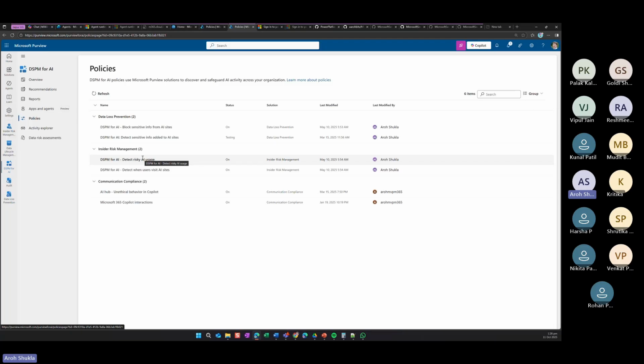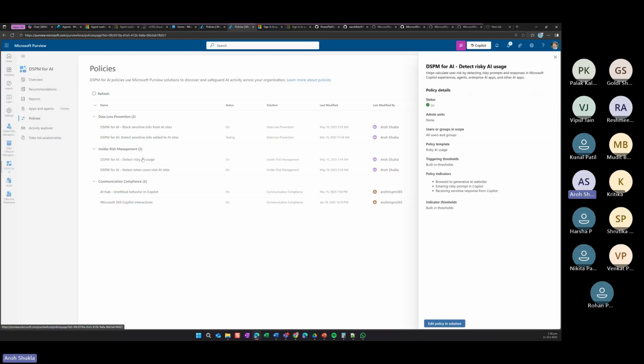I have a colleague, and he's checking things, and he's leaving the organization. He's copying the things, and he wants to share with other partners. It's very high risk. So this is called the insider risk. If somebody is leaving the organization, we can set a threshold on any prompts.